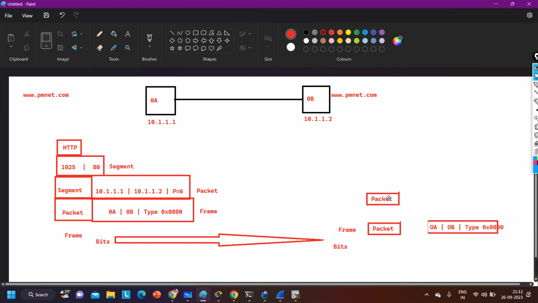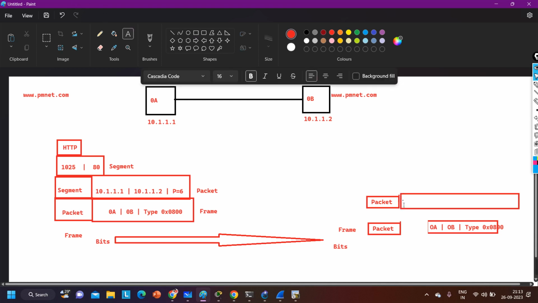Which layer? The network layer. The network layer will open this packet in detail. What is the information inside this packet? Who will explain? Source IP, destination IP, and protocol. Yes, very good. There is a source IP address, that is